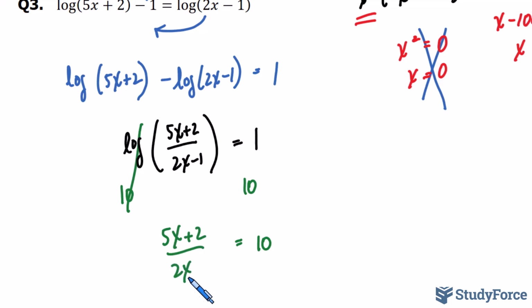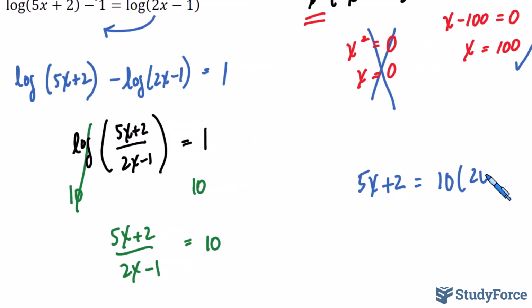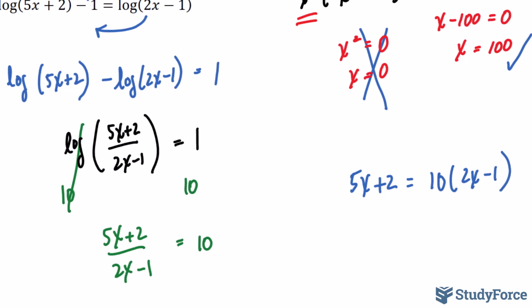And now we have to solve for x. We start by multiplying both sides by the denominator, much the same way as we did in question 2. So we get 5x plus 2 is equal to 10 times 2x minus 1. And we'll solve for x. It looks like we have a linear equation on our hands. So multiplying this 10, we're expanding,